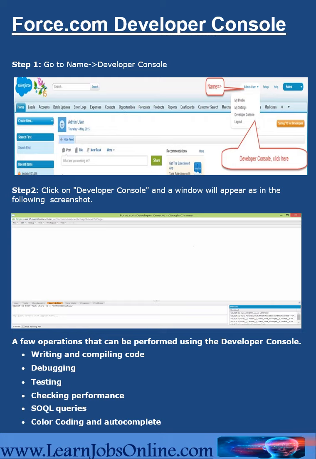Number 3, testing. You can execute tests of specific test classes or all classes in your organization, and you can view test results. Also, you can inspect code coverage. Number 4, checking performance. You can inspect debug logs to locate performance bottlenecks. Number 5, SQL queries. You can create data in your organization and view the results using the query editor. And number 6, color coding and autocomplete. The source code editor uses a color scheme for easier readability of code elements and provides autocomplete